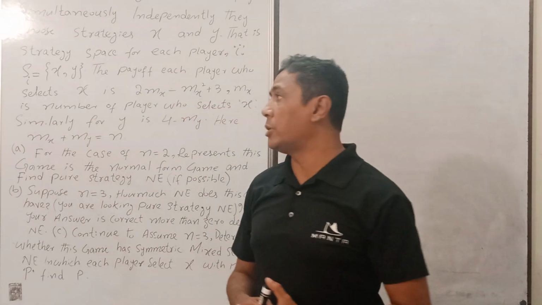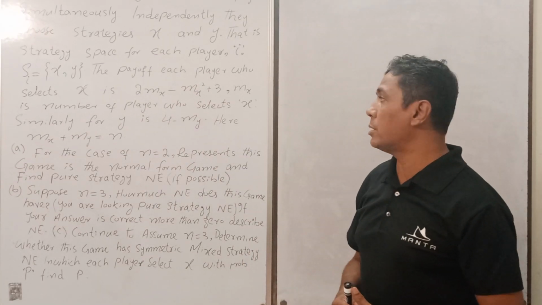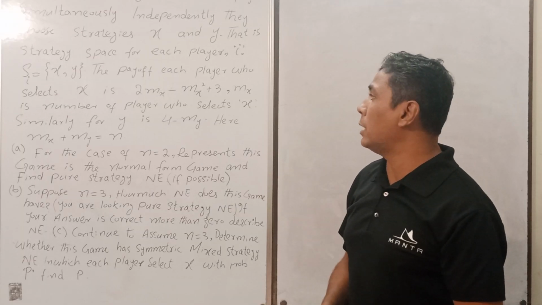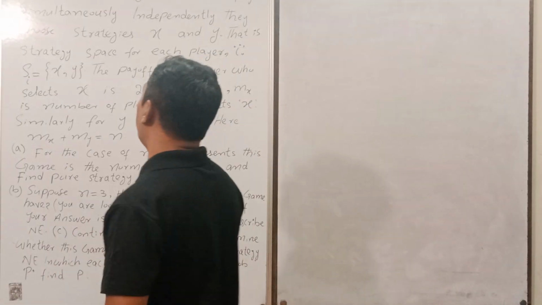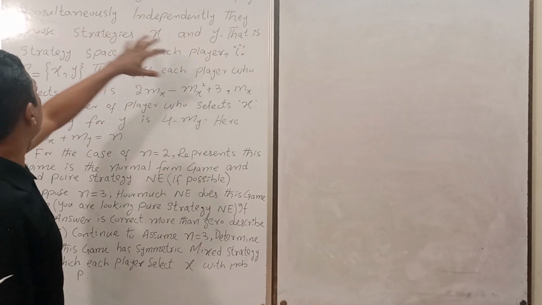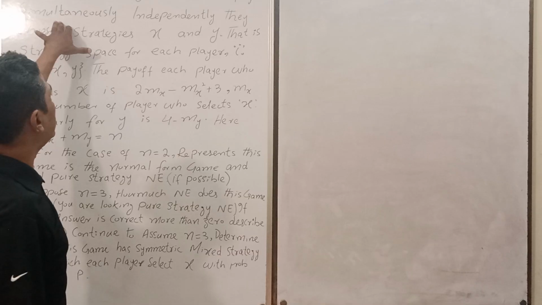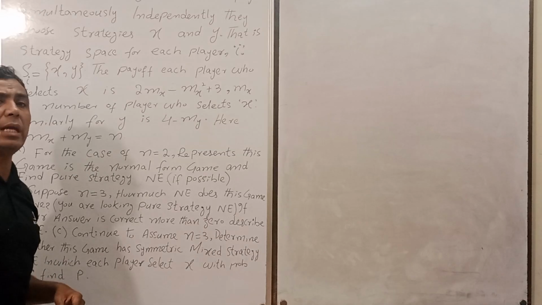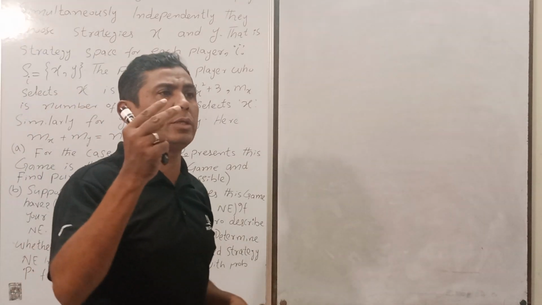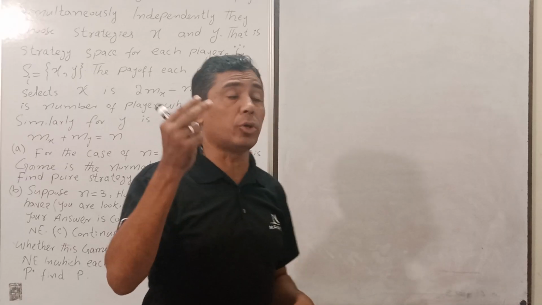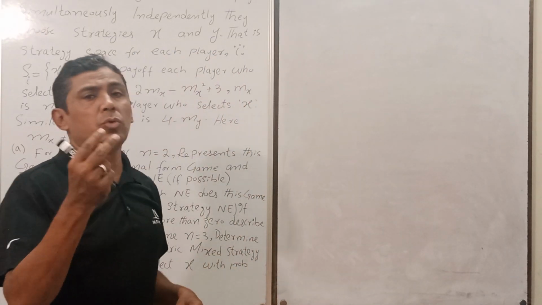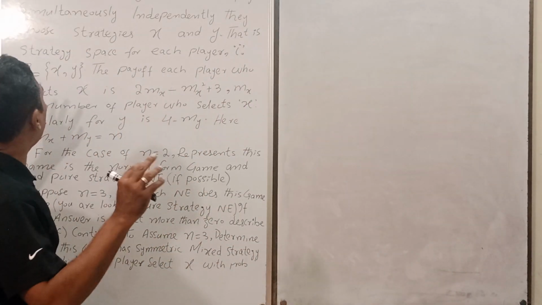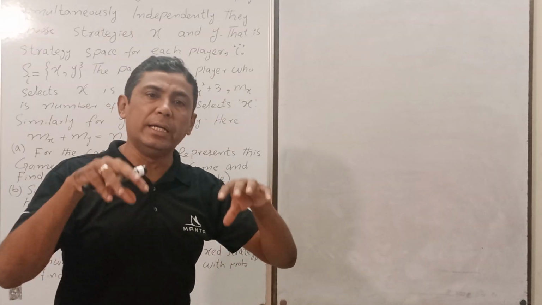That lecture was related to the important questions which we started in my previous lecture. Let me recall the overview of my previous lecture. Consider a game in which n players simultaneously and independently choose strategies X and Y. In the previous lecture, we said there are n players in our game, and they have two strategies, X and Y, and they move simultaneously and independently.